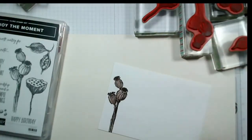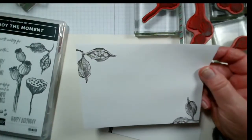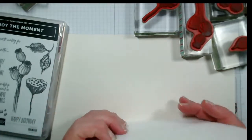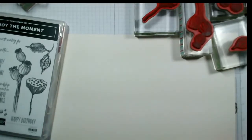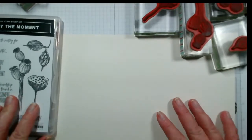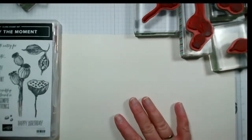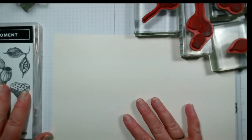So that's the envelope, and then this was the other envelope. So I thought what I would do, as I promised, was a one sheet wonder using these stamps. So I thought I would do it on